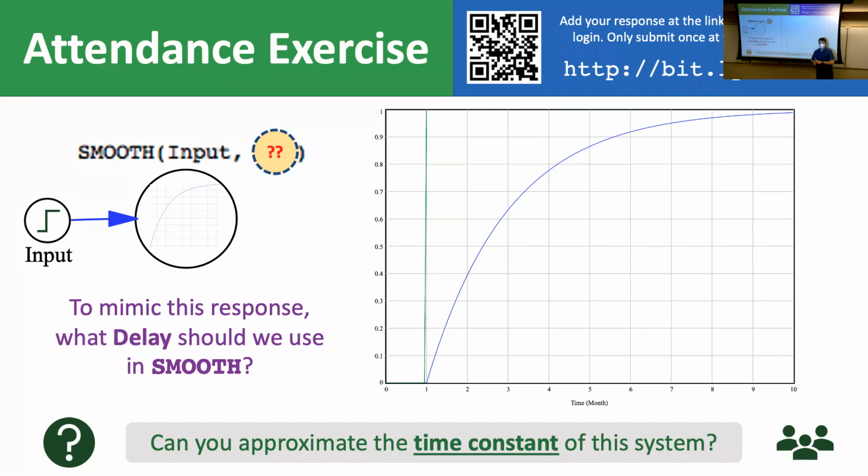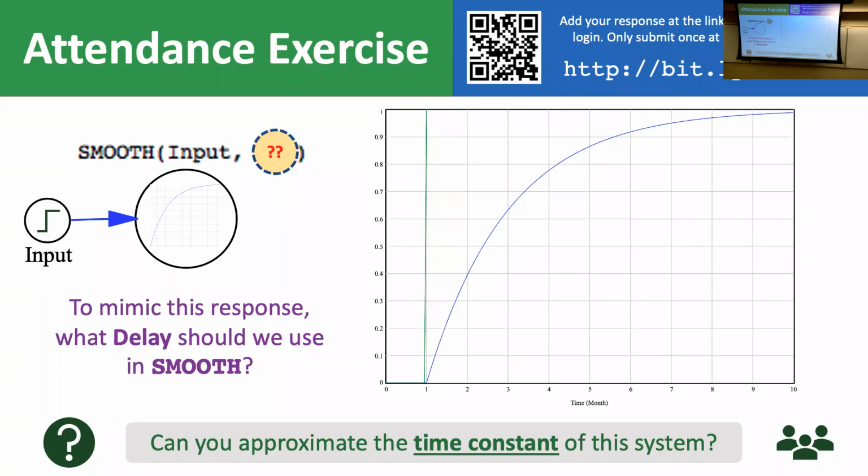So if I were to, I'm not going to point here because it's a little bit funny. So how many people would say the time constant is around 1 second? How many people would say 2? I see several hands. How many people say 3? Several more hands. 4, 5 or greater. Okay, so the trick here